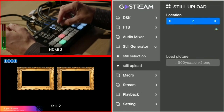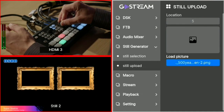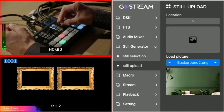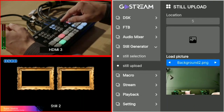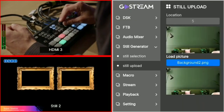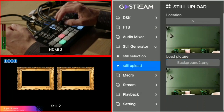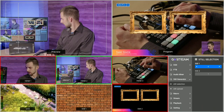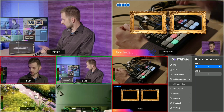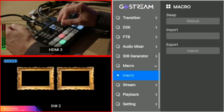So if I wanted to go into, let's see here, 5 is empty. I go down and load picture. It only takes PNGs, so you load in PNGs in your storage. So I'm going to put this background in the living room. Pick that one for number 5. Good. And then I can go back to still selector. And now 5 is an option to bring in as well. You can see it here in the middle there. Very simple. And then you have your macro memories,